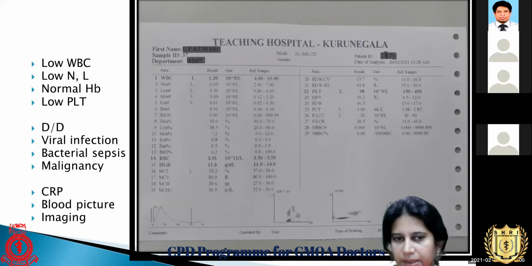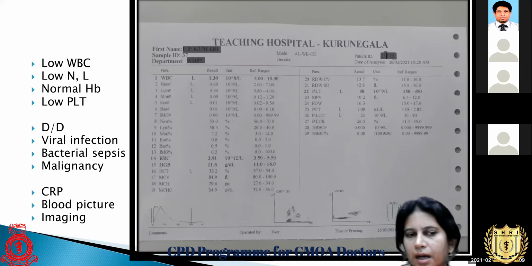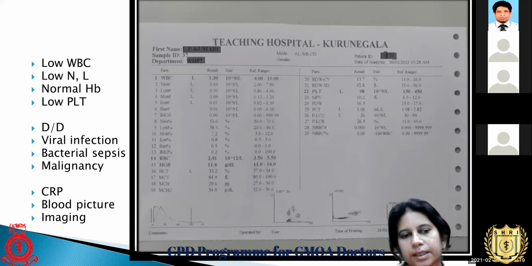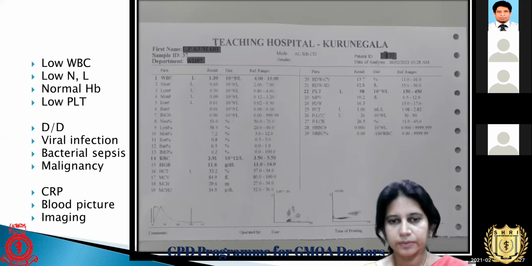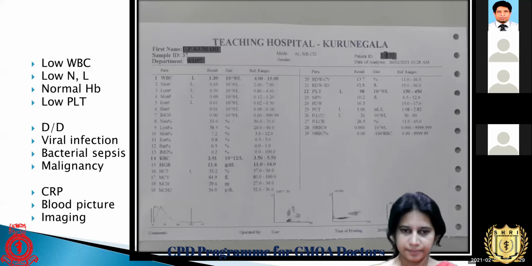So this is a straightforward case. You must be dealing with a viral infection. Are you dealing with bacterial sepsis? Yes, possible. You get low counts with bacterial infection. And are you dealing with a malignancy? So you have to investigate on this line. In this patient, pure and simple viral infection. So you need to investigate, admit, you have to exclude dengue with low platelets in this patient.